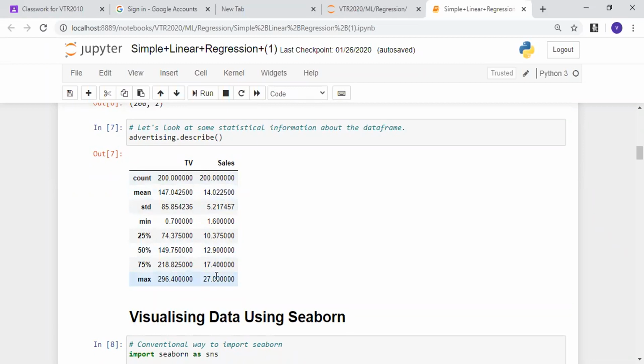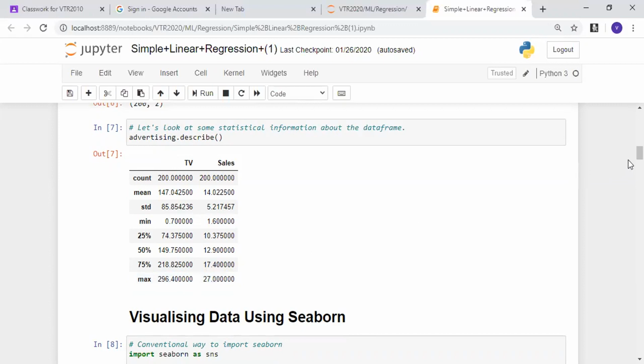If the data was having outliers, we need to remove the outliers, then come back here and check for the normalization. If the data is not normalized, remove the outliers, then start building the machine learning model. But in this case, to some extent the data is not normal. It's not perfectly normal data for that matter. With perfectly normal data, the mean value and the median value have to be the same. We can see this using the box plot. But in this case there are not many outliers. The data is almost similar, and the mean value and the median value are almost similar, so we can go ahead.